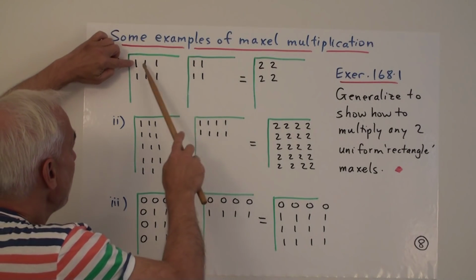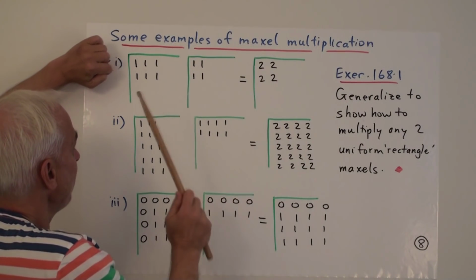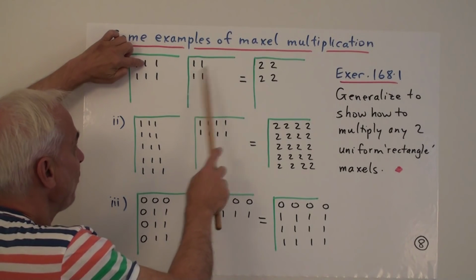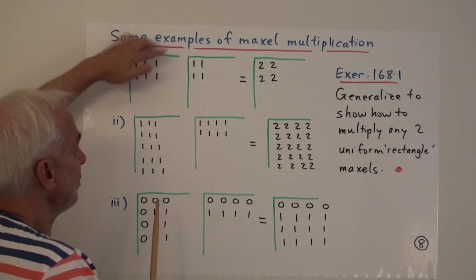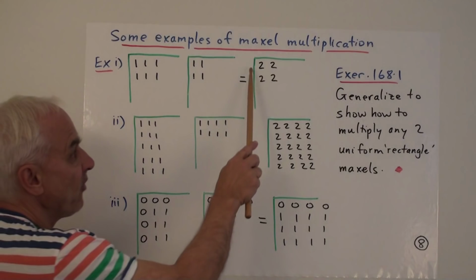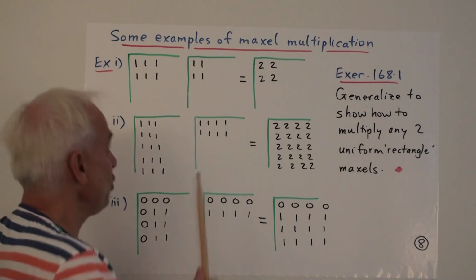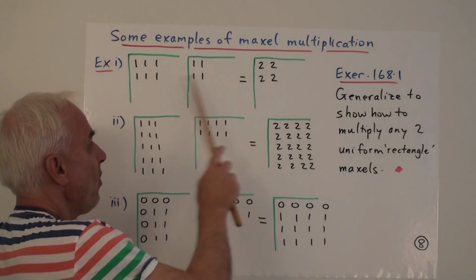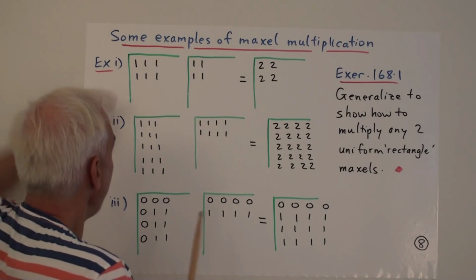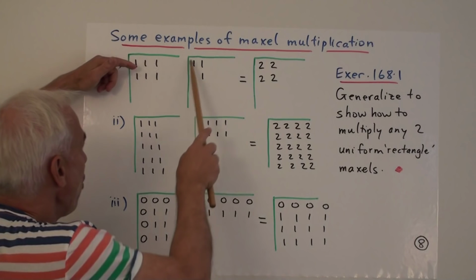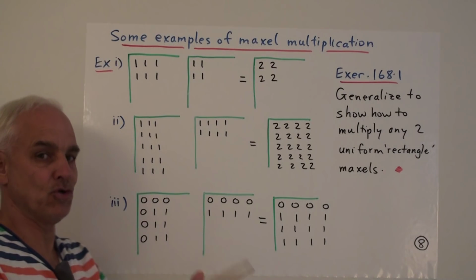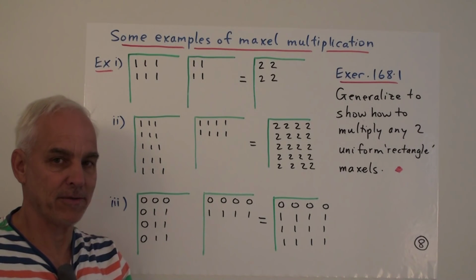So there's a product 1 times 1 that will give us one of these, and there's also the product of this one times this one, which will give us one of these, and there's no other possible products that will give us the pixel 1,1. So there's altogether 2 ways of getting the pixel 1,1 as a product. That just corresponds to the multiplication of this row times this vector in the usual linear algebra story.